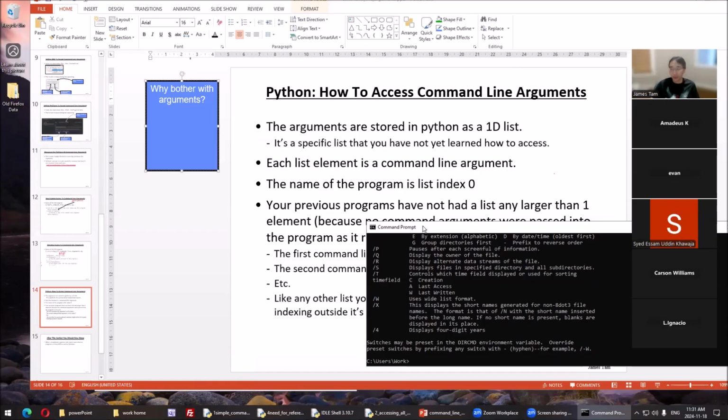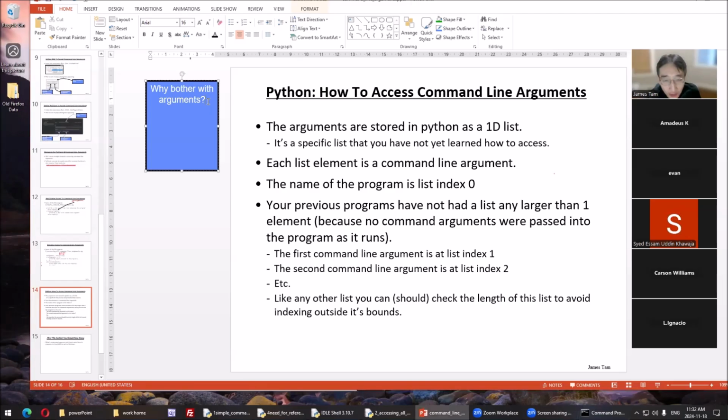Do things like run backups when things go wrong, fix things, install programs, but not just on one computer, but multiple computers. So an example of why bother with command line arguments is what we can do is